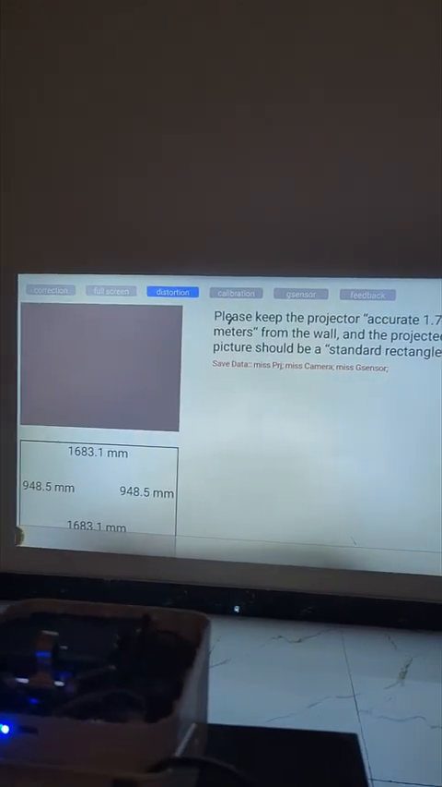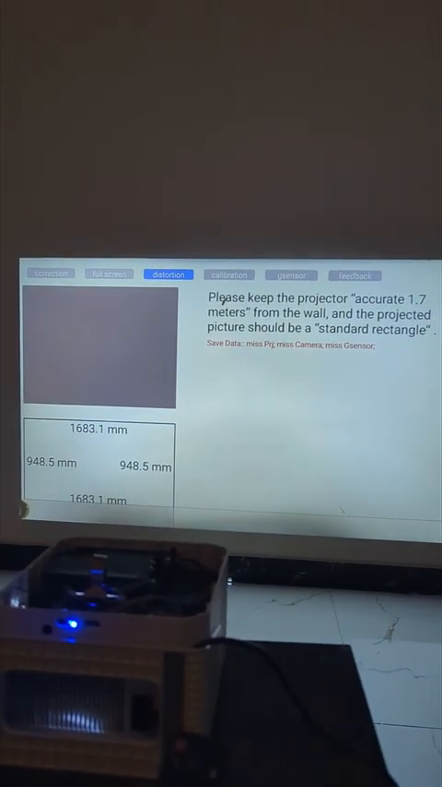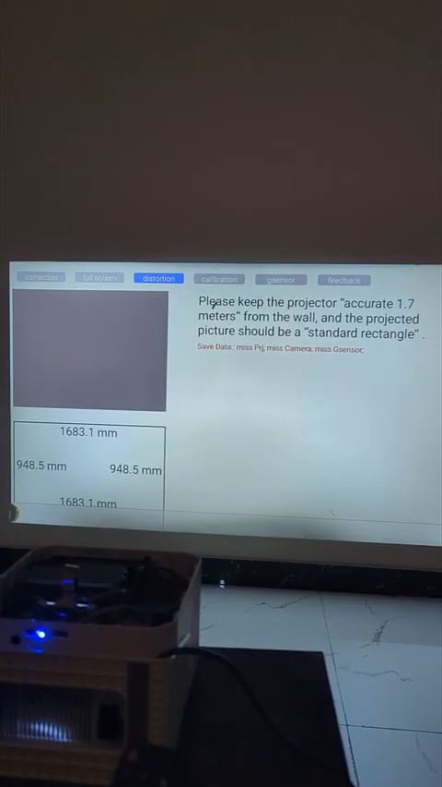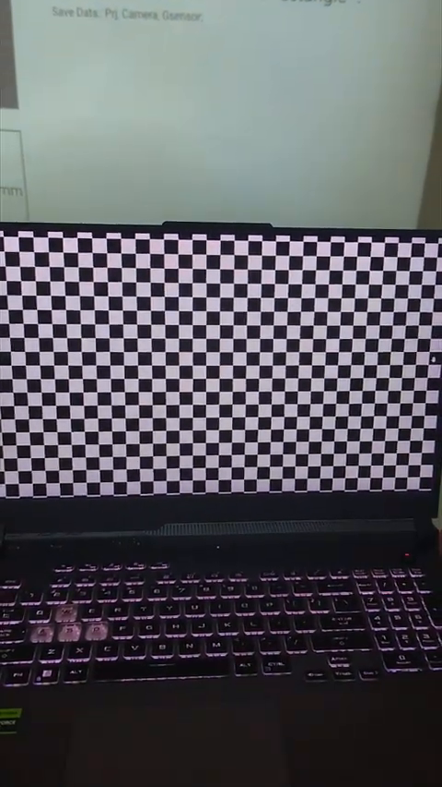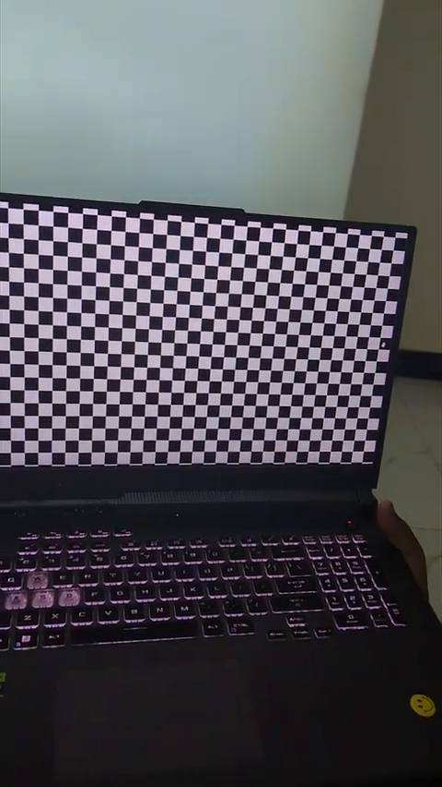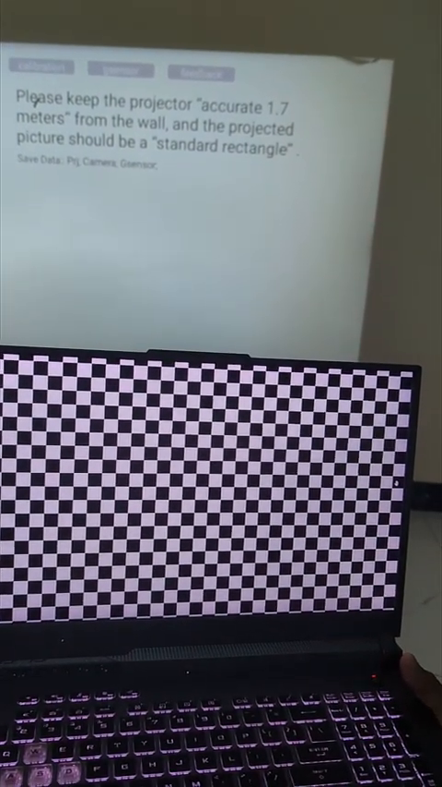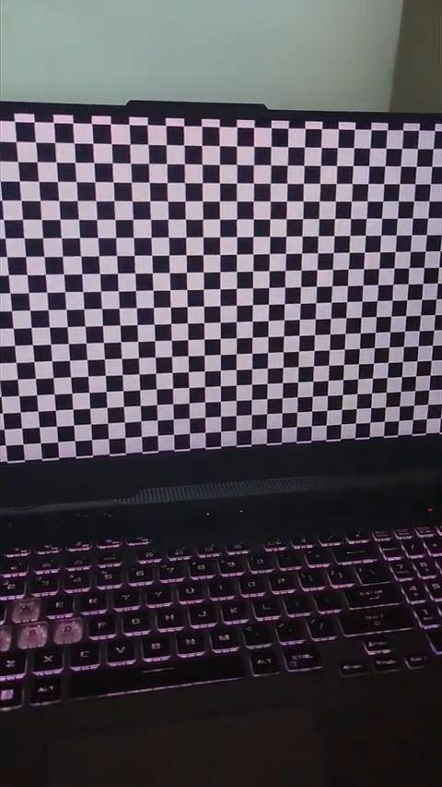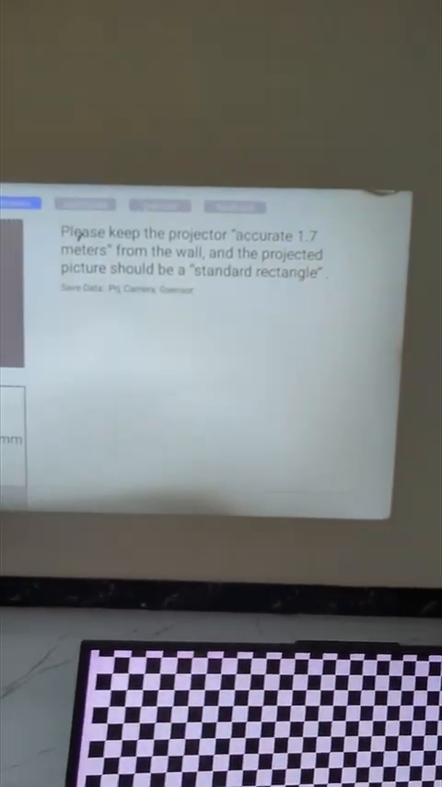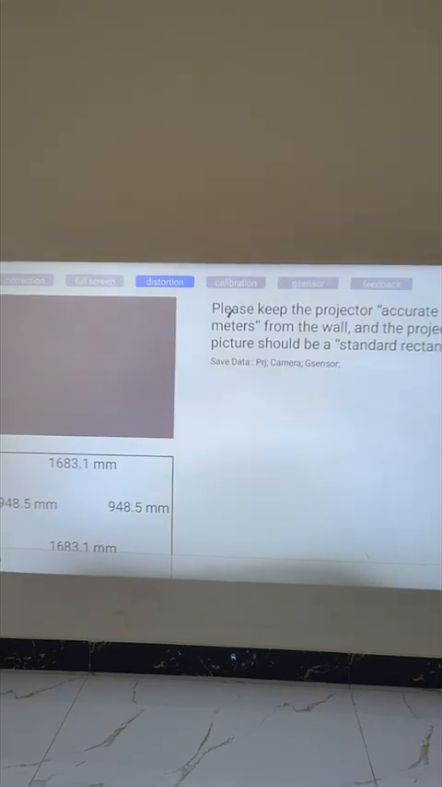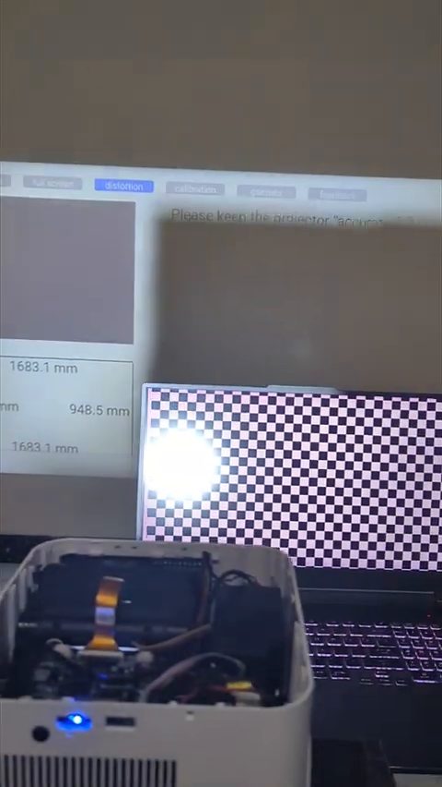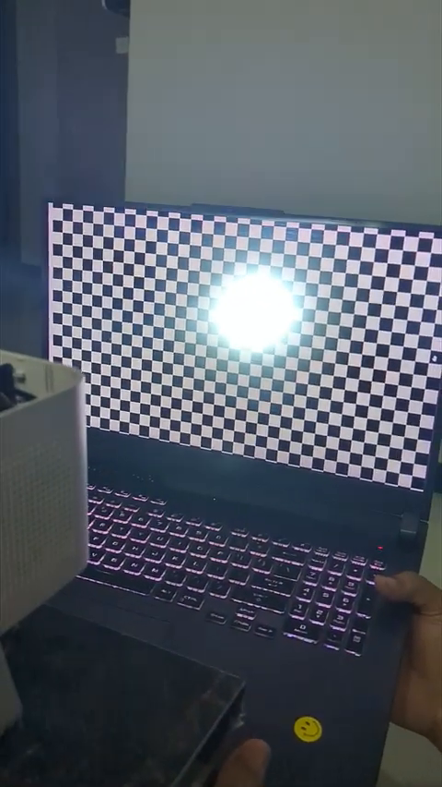And we need a mapping image. I will fetch that and I will show you how it looks like. So here we have the calibration pattern that we will use to calibrate our projector. Make sure that you have turned your brightness to 100% and your screen is properly lit. So let's go to the projector, and we move our menu to the distortion section, and we will align our laptop in front of this projector,